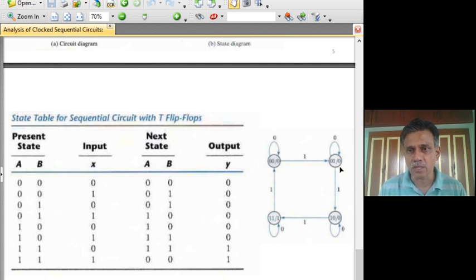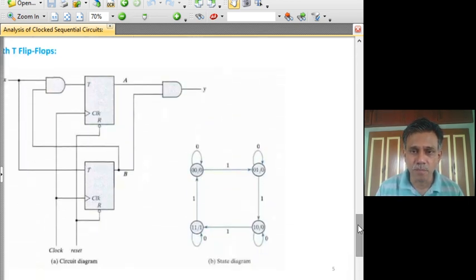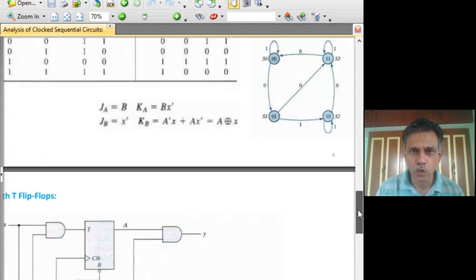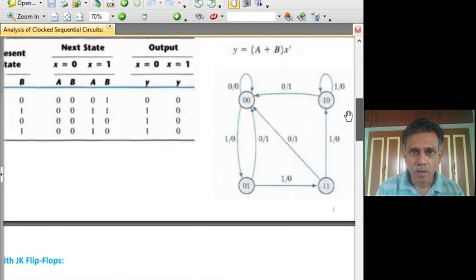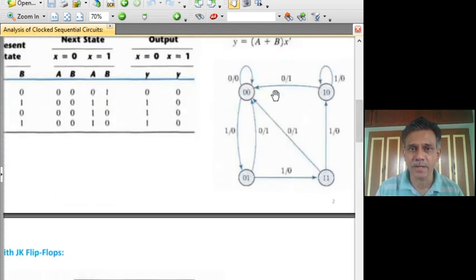Machines of this nature, where the outputs are purely a function of the present state, are called Moore state machines. In the former case, when the outputs are functions of input as well as the present state, they are called Mealy machines. So the previous two state machines are examples of Mealy machines. Here there was no output, so there was no issue on that one. So here is an example of a Mealy state graph, because the outputs are functions of the states as well as the input.